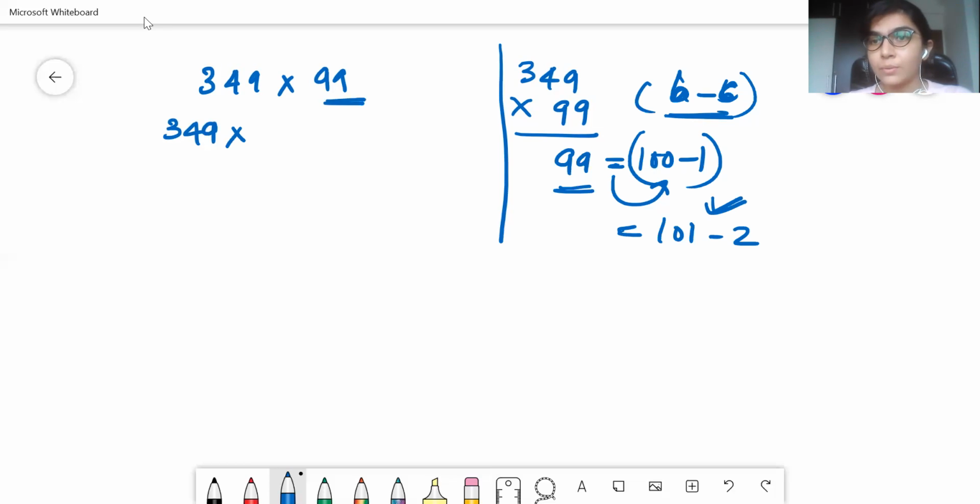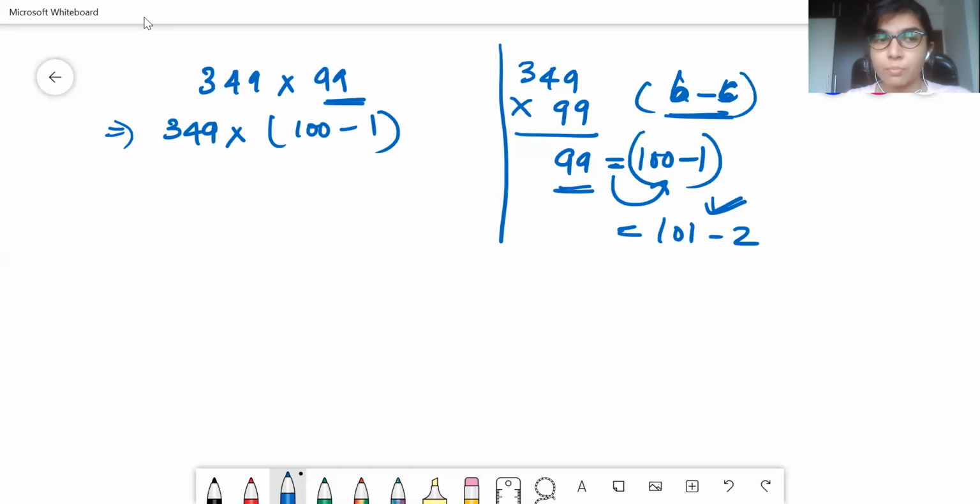Because I know it is easier for me to multiply any number with 100 and then with 1, right? So you have to break down any number such that it is easier for you to multiply with its constituents. So here I have written 99 as 100 minus 1 because any number can be easily multiplied with 100. And why am I using distributive property in the first place? Because to make my calculations easier, right? So now if you see this question, you can apply the distributive property over here.